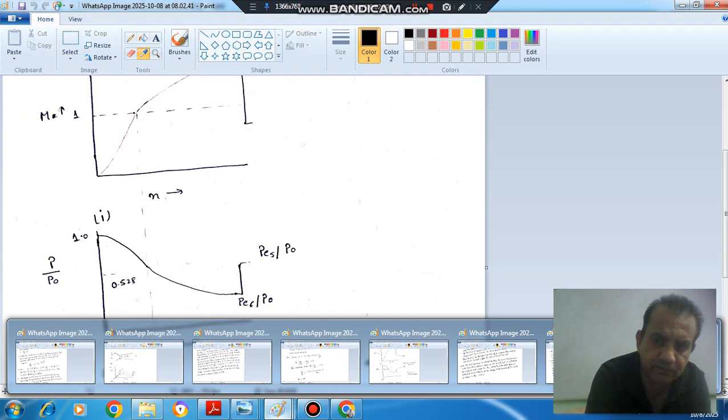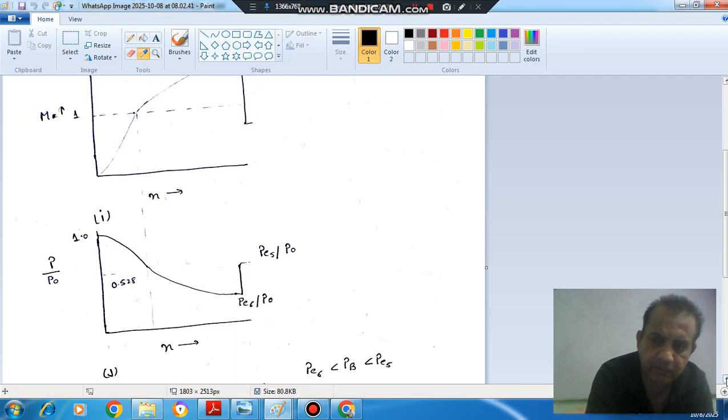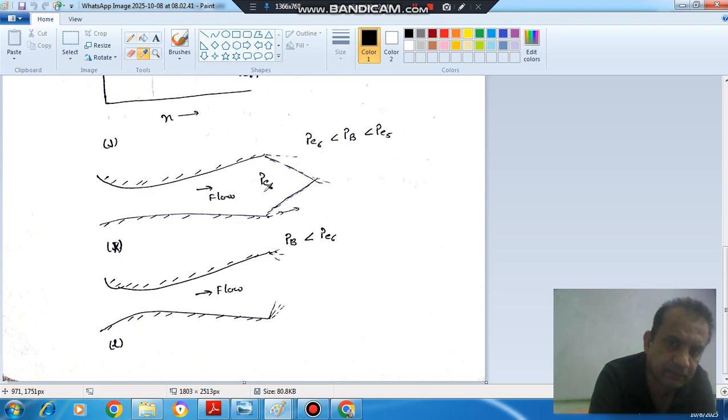So that is the design condition. If we maintain PE6 at the exit or as a back pressure, then there will be no shock anywhere, no expansion wave, nothing else except isentropic expansion. But if the pressure maintained is between P6 and P5, P5 pressure is giving normal shock at exit, and P6 is giving no shock anywhere.